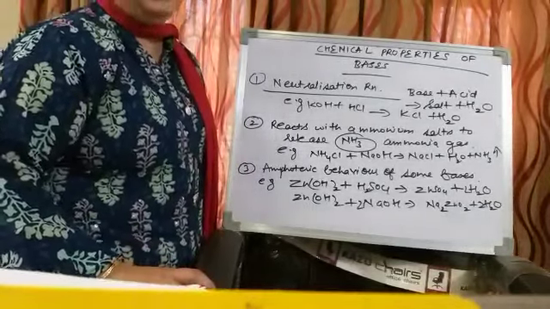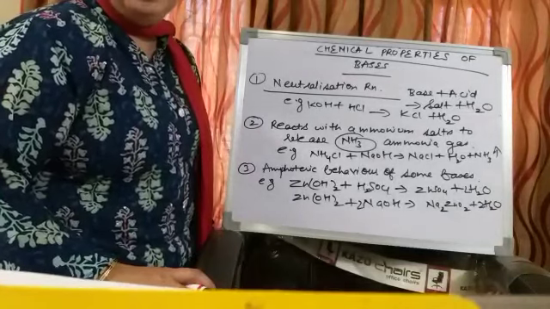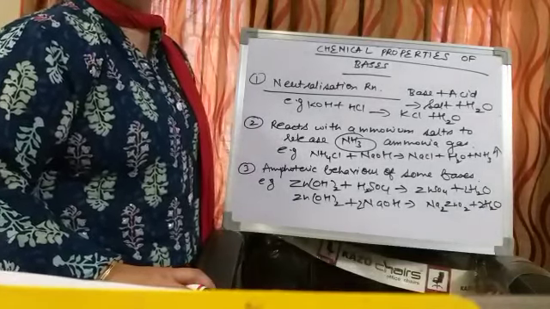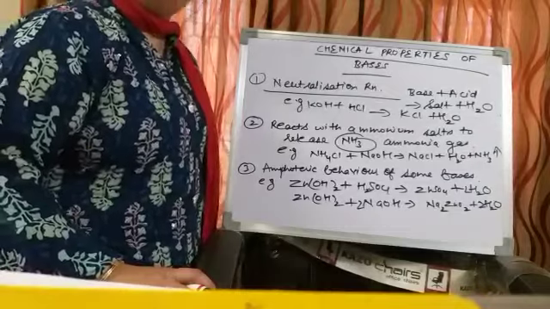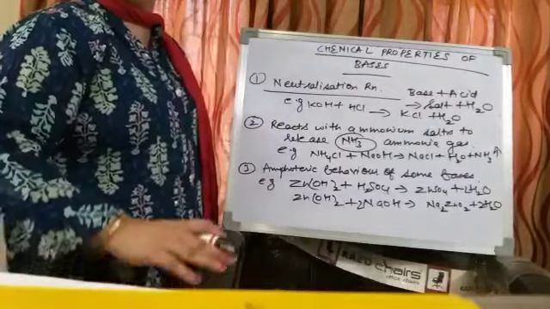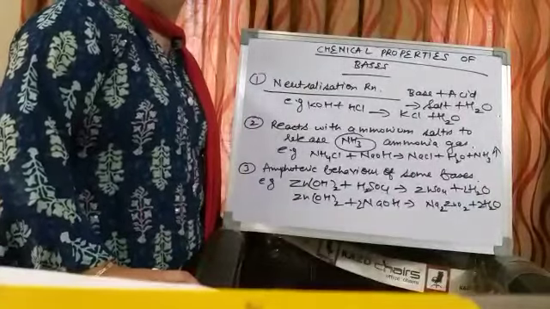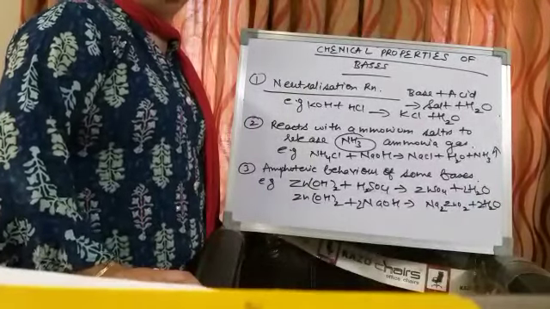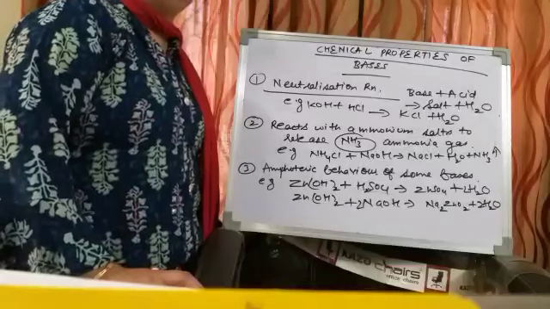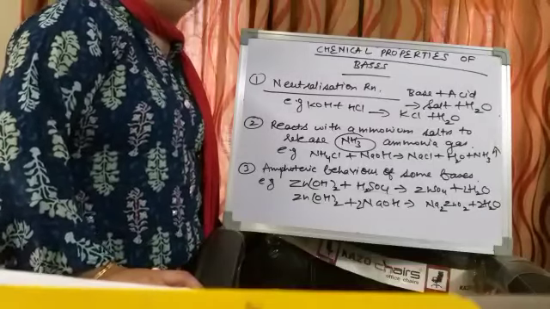Bases are also, here I am talking about highly reactive bases, corrosive in nature. Next is, bases turn red litmus paper to blue. This is one of the tests with litmus paper, and here I would like to discuss one more test of bases, not with litmus paper, but with other indicators.